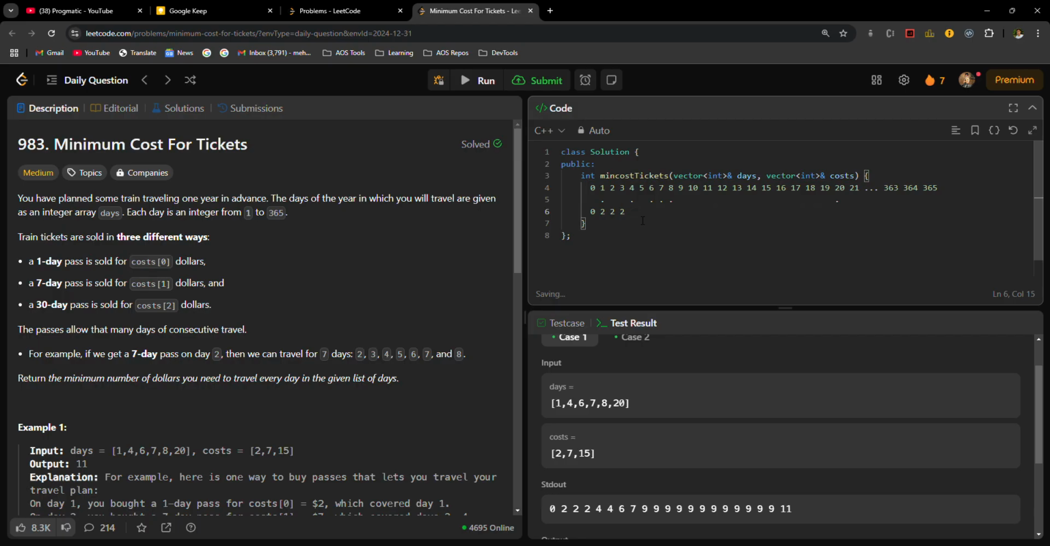For day 4, on this day you need to travel. Since you need to travel on this day, you could take the minimum dollars spent to reach day 3, and then for day 4 you could take a 1 day pass. So what will be the cost? 2 plus 2, 4. You understand what I'm trying to say? For day 4,